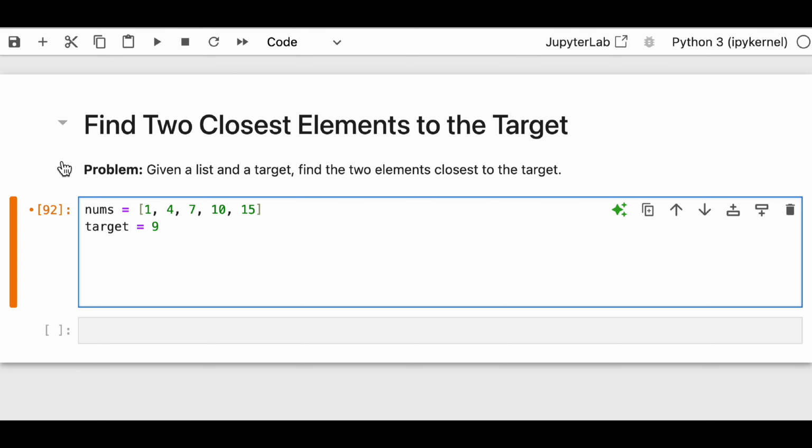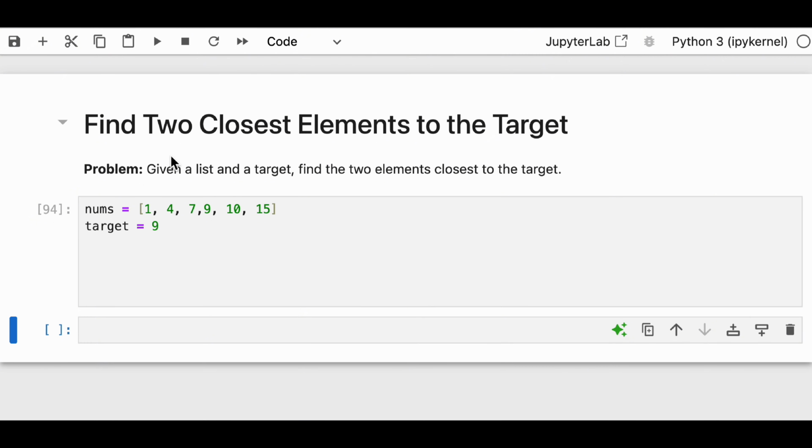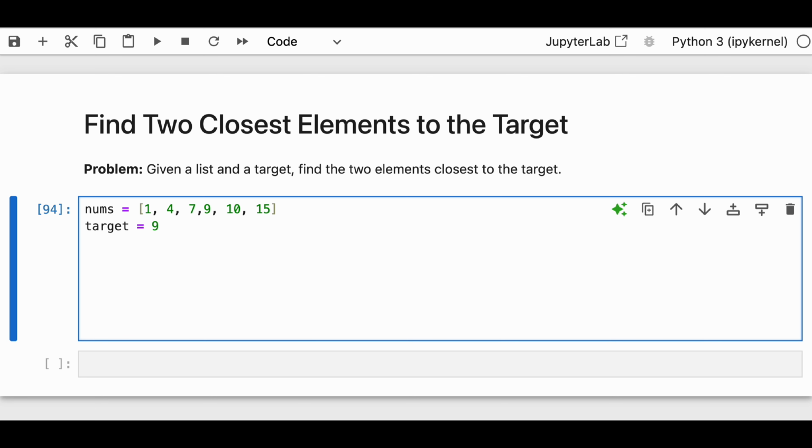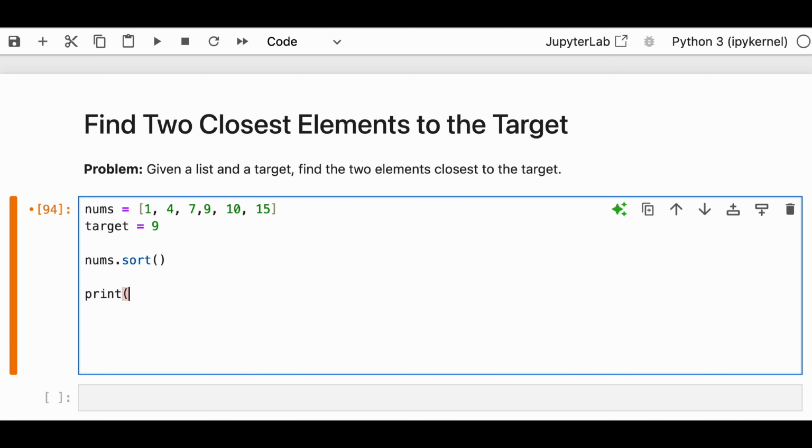Now, before we move to any method, what if this 9 element was present inside the list? Because right now we see that 9 is not present. So let us imagine a case when 9 was present inside this particular list. So how would you have sorted? How would you have calculated the two nearest elements? So step one would have been, we would have sorted the nums. So basically you will do nums.sort(). And now if you print nums, you see that